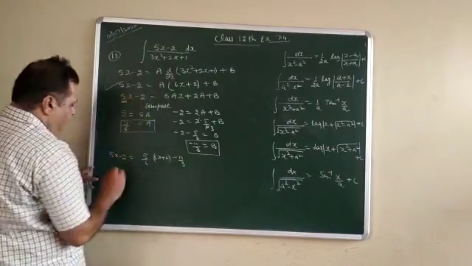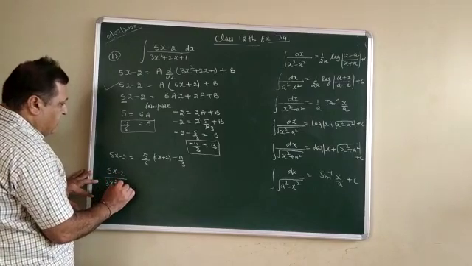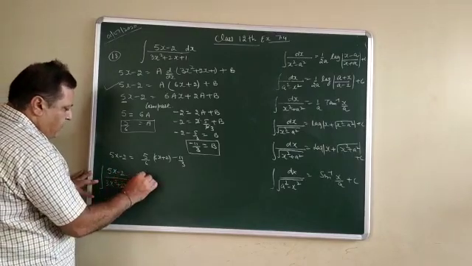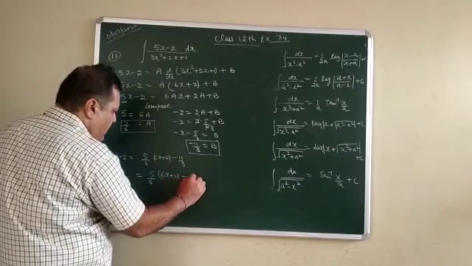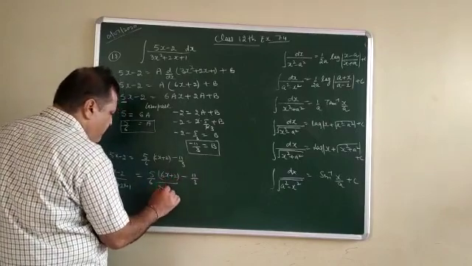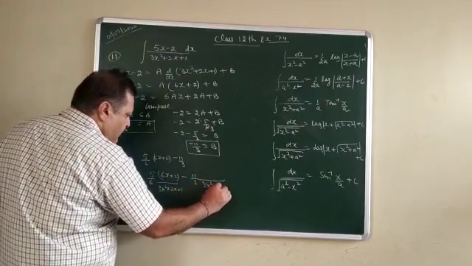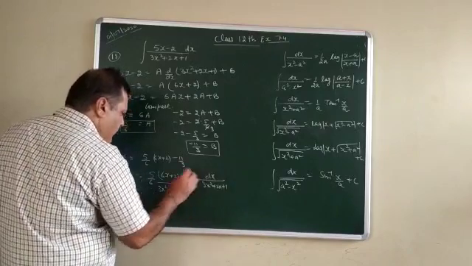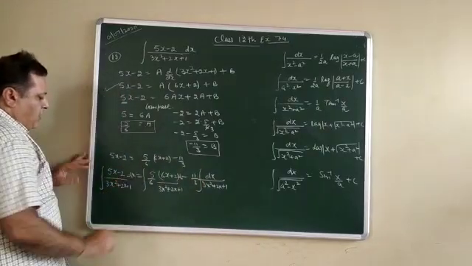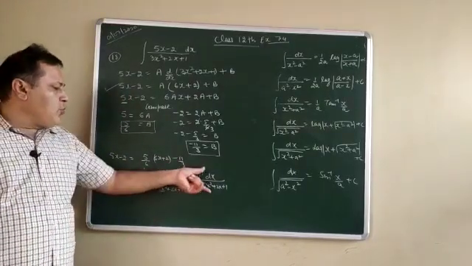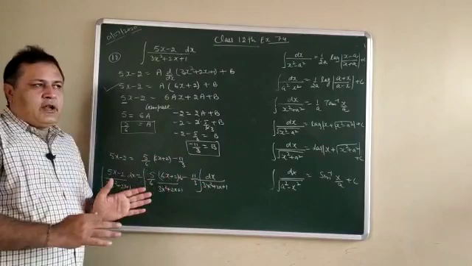So now we have to integrate 5x minus 2 upon 3x square plus 2x plus 1. It means the integral of 5 by 6 into 6x plus 2 minus 11 by 3, divided by 3x square plus 2x plus 1, along with dx. Now this complete statement is converted into two parts. It means we have two different questions, and for two different questions we have to think in different manners.